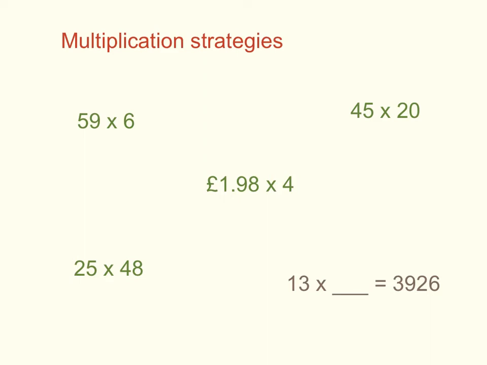So I'm going to show you a few different ways you could try and answer these questions, not to say they're the only ways of course. 50 multiplied by 6 and then 9 multiplied by 6 added together will give me the answer to 59 multiplied by 6. I'm just timesing the 6 by each bit of the number 59. So 6 5s are 30, so that must be 300, 6 5s are 30, and 9 6s are 54, and so if I add those together it will become